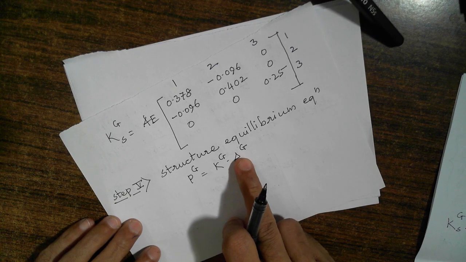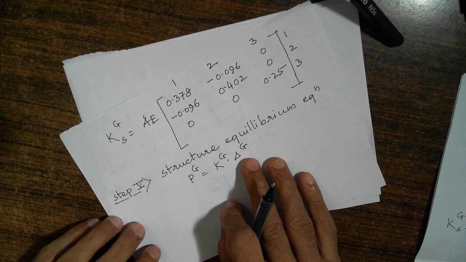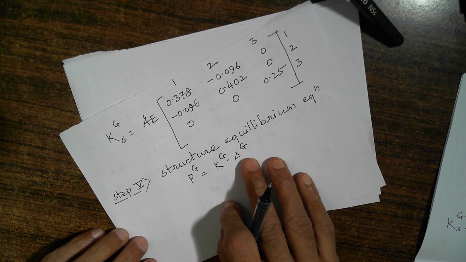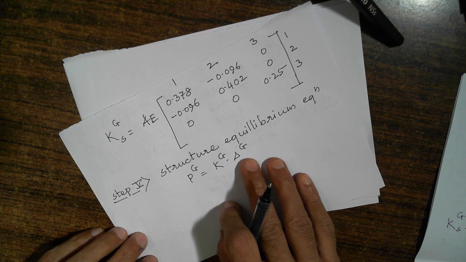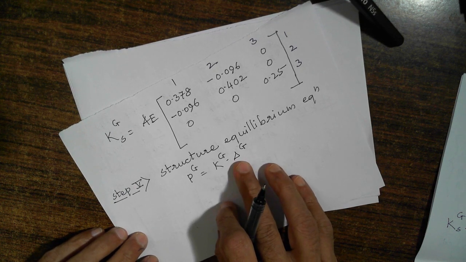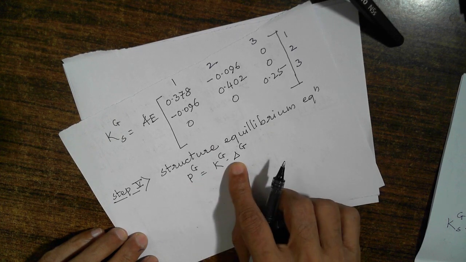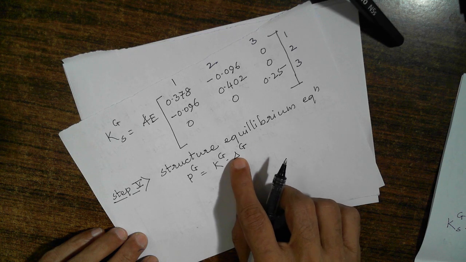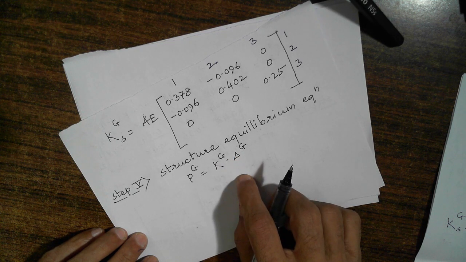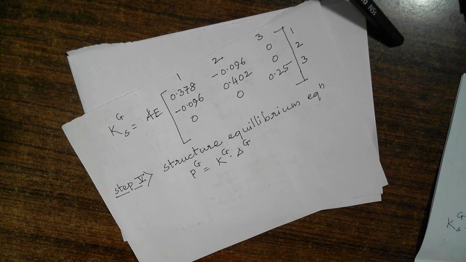That was all. But in this case we have seen the numerical is simple and we can analyze it as a whole, since the degree of kinematic indeterminacy is 3. If it would have been 4 or more, we would have stopped at finding out the displacement vector or assembling the global stiffness matrix. Since we can solve 3 by 3 simultaneous equations, we will calculate all the forces in the members of the truss in our next discussion. So at this point I will stop. I hope you have understood. Thank you.